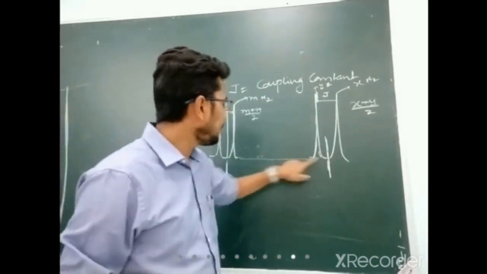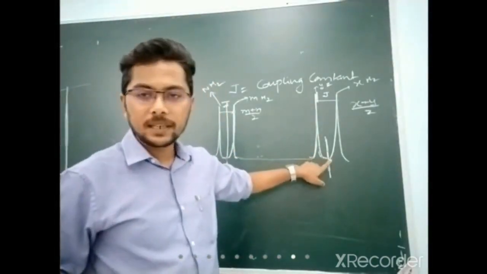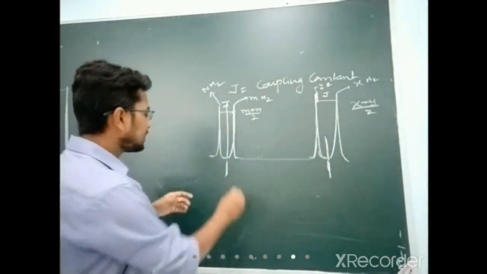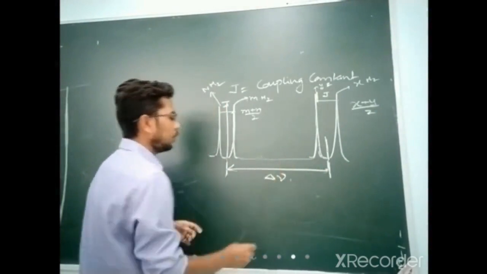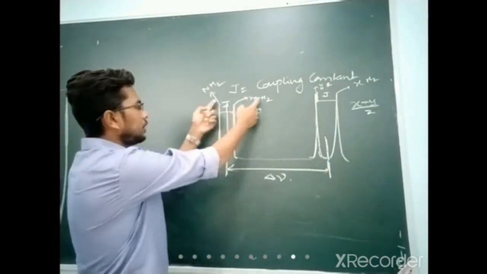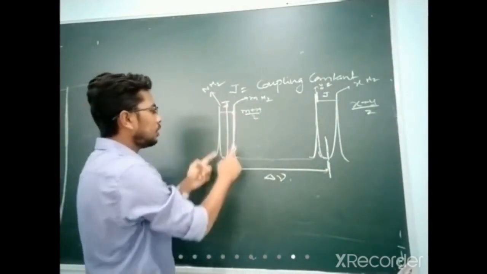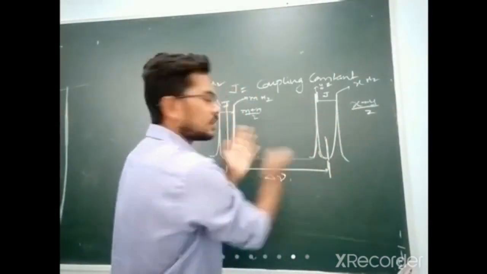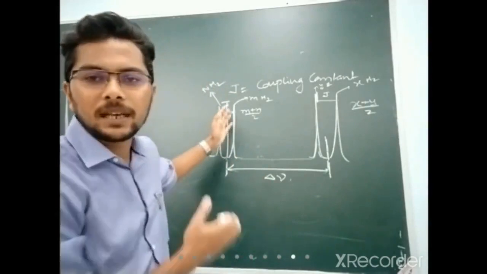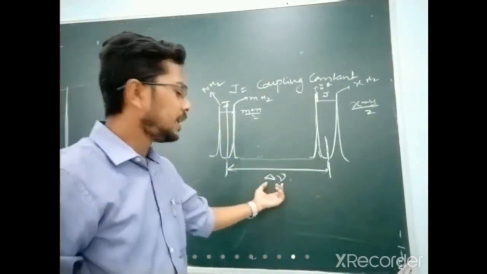Similarly, this is the main center point of your peak. Now, this difference is your delta nu. How will you get the value of this nu? You add these two and divide by 2, you get a value in hertz. Then subtract the lower from the larger, and you get the delta nu value.